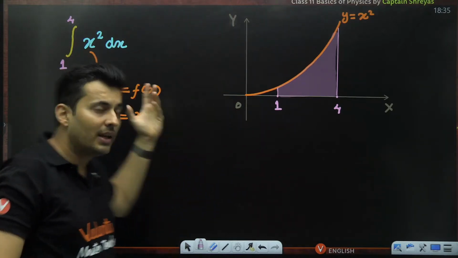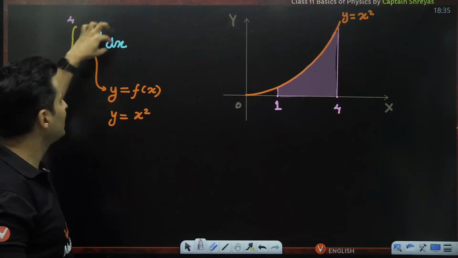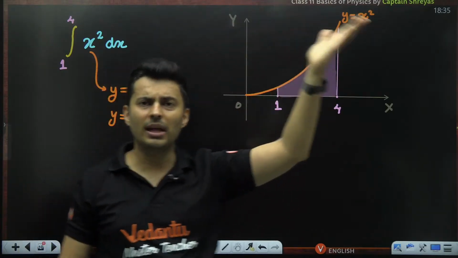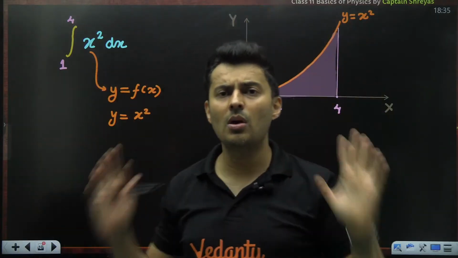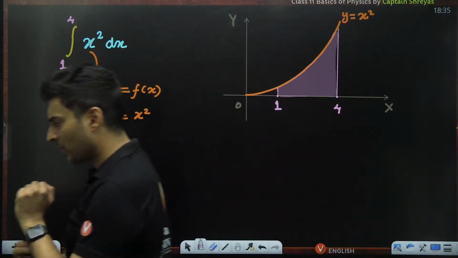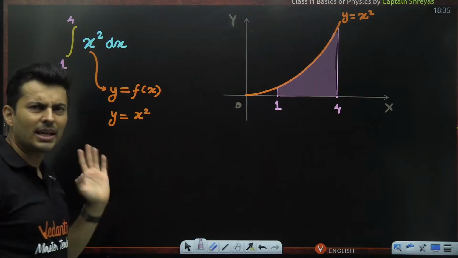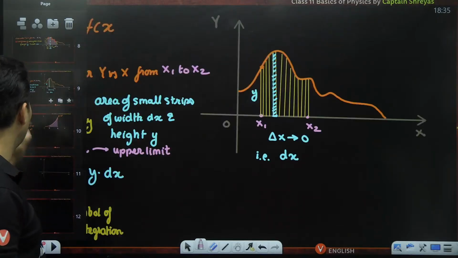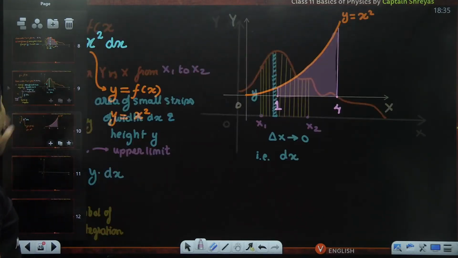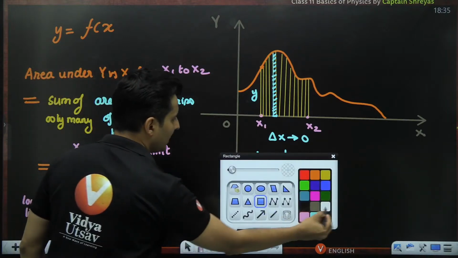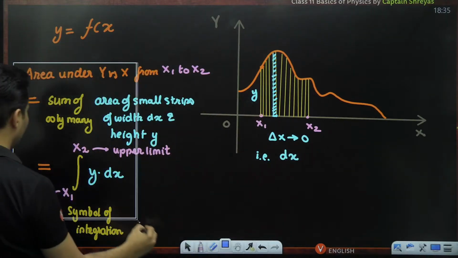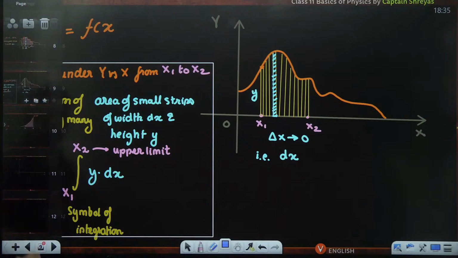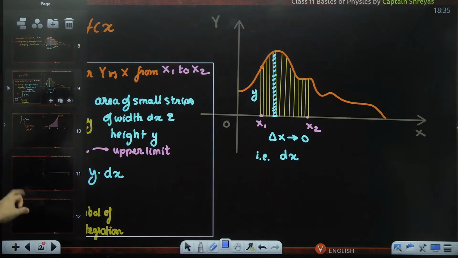You have to think like this. Whenever integration comes, you are trying to find the area with respect to x, from x going 1 to 4, 1 to 10, 2 to 100, whatever, lower limit to upper limit. That is the meaning of it. All right, we'll figure out the area later on. For now, I'll just keep it like this only. We are not going to find the area because we have not yet seen the formulas for integration. For now, we just know what integration exactly means. So basically integration means the area under the curve with these symbols and all of that. So I'll block this particular result. This is the formula till now, the main sense of integration.